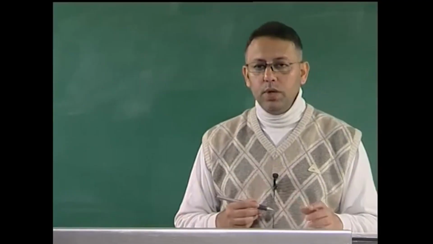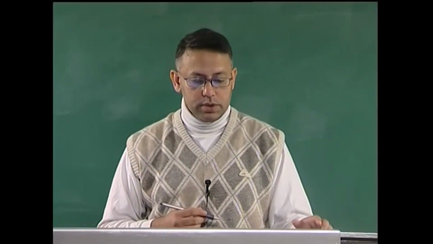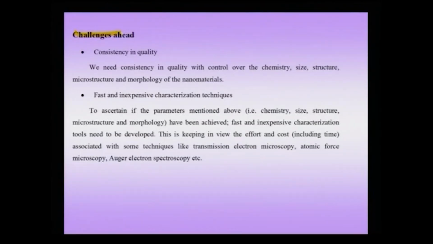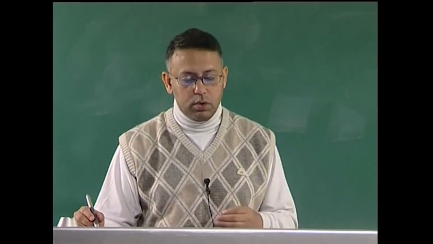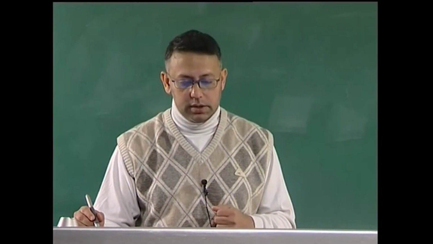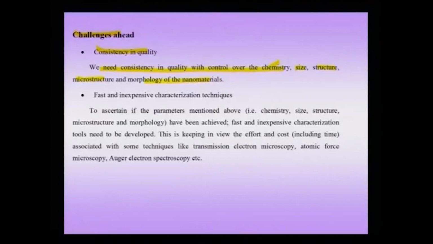So, there are some challenges which we need to address before nanomaterials can find widespread use, and these challenges, which are basically coming from some of the issues which we have already stated, are consistency in quality. We need consistency in quality and control over chemistry, size, structure, microstructure, and morphology of the nanomaterials. A variety of these nanomaterials have been produced in small quantities, but when we try to scale up the production, we need a control over the quality of these nanoparticles or nanomaterials, and we need a control over their chemistry,